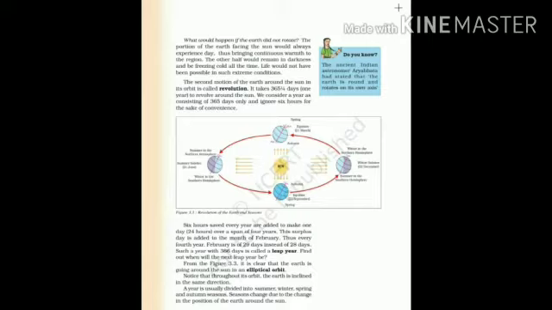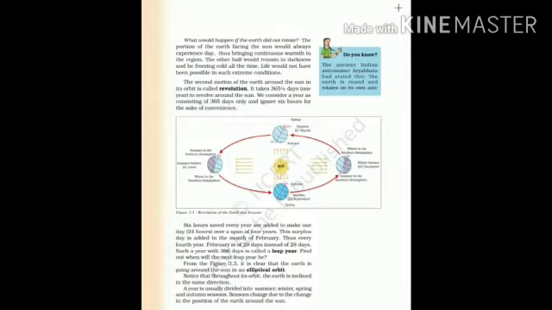From figure 3.3, it is clear that the Earth is going around the Sun in an elliptical orbit. As I have explained in the very first chapter, all the planets revolve around the Sun in an orbit. So you can see they are also moving in an elliptical orbit. The Earth moves in an elliptical orbit around the Sun. Notice that throughout its orbit, the Earth is inclined in the same direction. You can see the inclination I have explained just now.